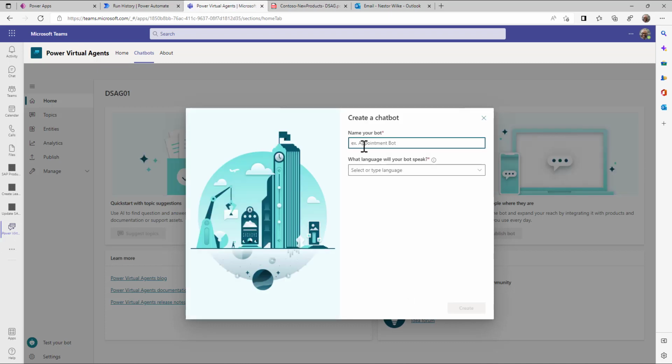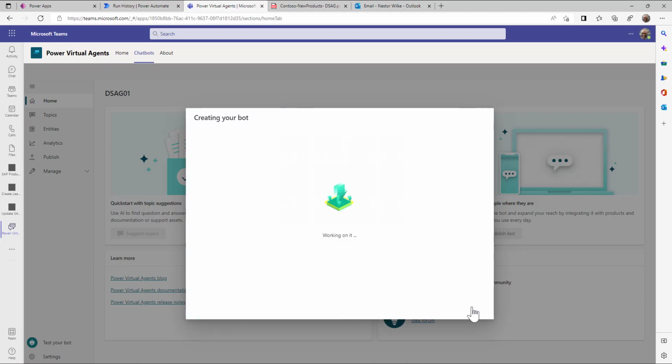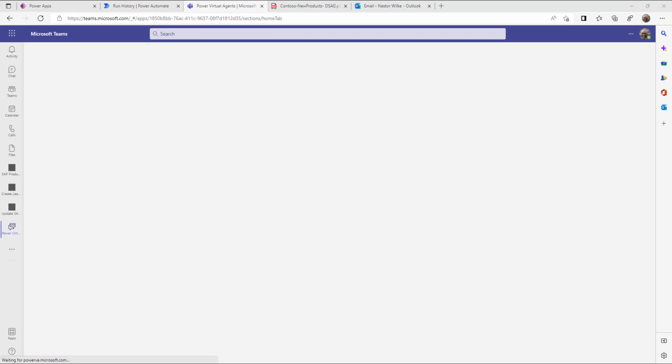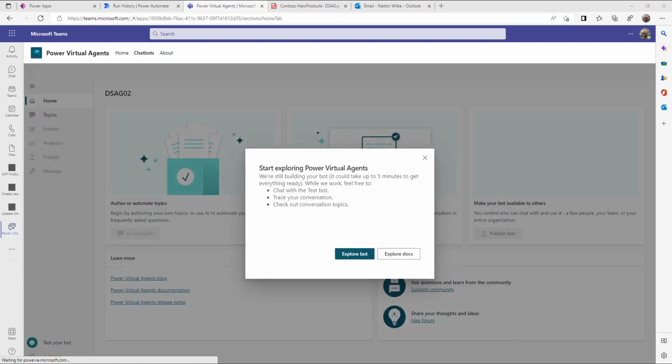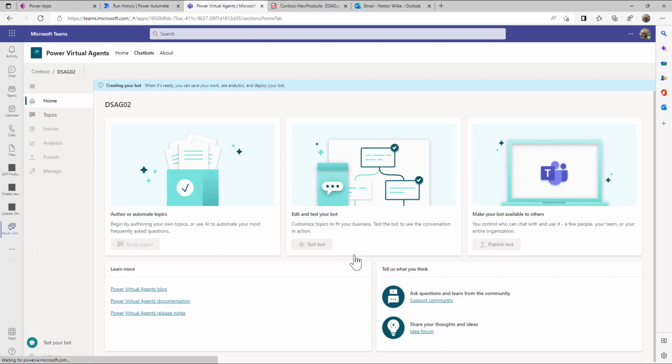I'll just give it a name, DSAG02. We'll do this in German. I click on create, and now the initial bot framework is created. There are certain topics that are basically trigger events that help me kick off a certain discussion with my chatbot. There is some sample data that is created and so on. But in the end, I really have a bot that I can use to quickly interact with in an easy way. So if I click here on Explore Bot, it's still being created, but you can, for example, already see